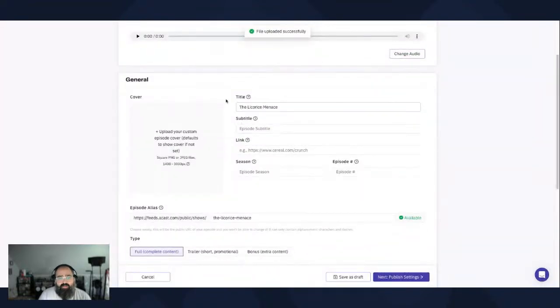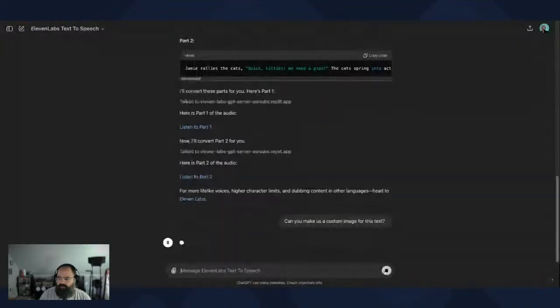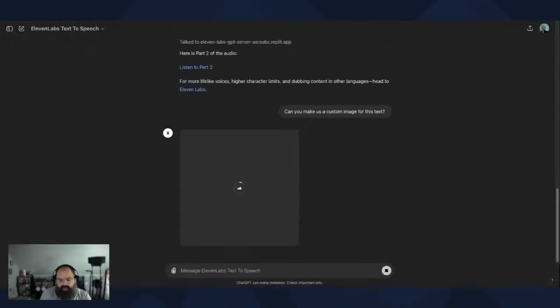So actually, let's see if we can get a custom image for this, as well as a little show notes here. So can you make us a custom image for this text? Oh, sorry. Let's share the tab here. So let's see if we can get a kind of a DALL-E image based on that text to go with our show notes here.